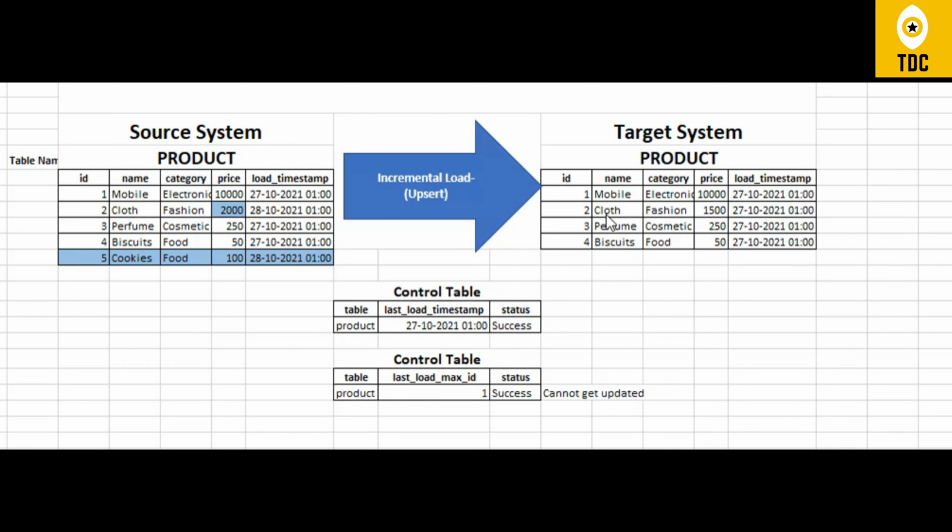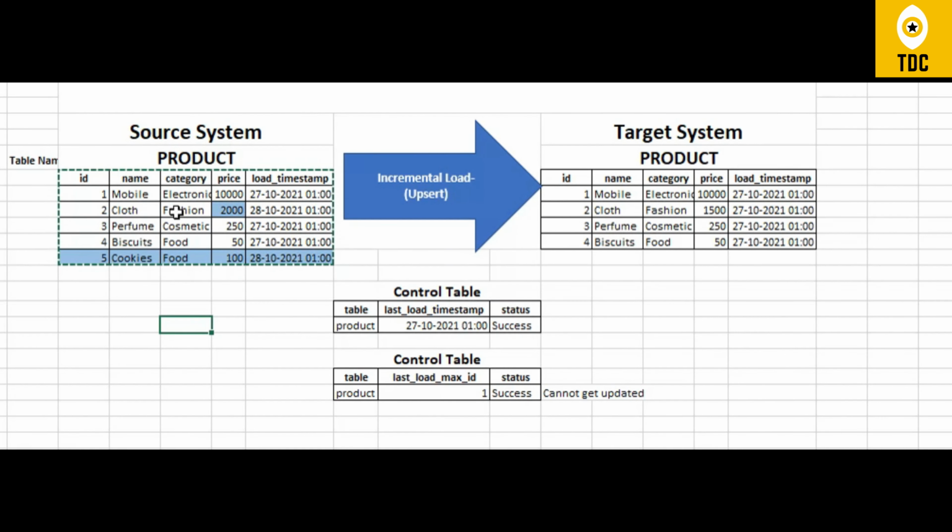So if we are following full load strategy, what will happen is we will just flush the data and bring the entire data from here to here, which is quite a simple approach. But here we will not be doing that. Instead, we bring only the data which is newly inserted, or only the data which is updated or modified.